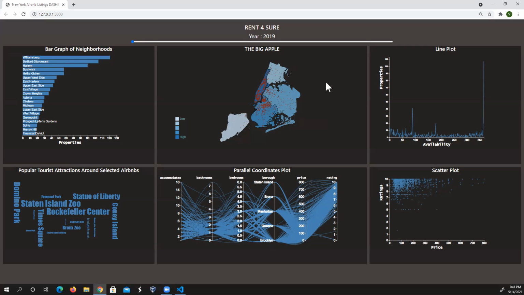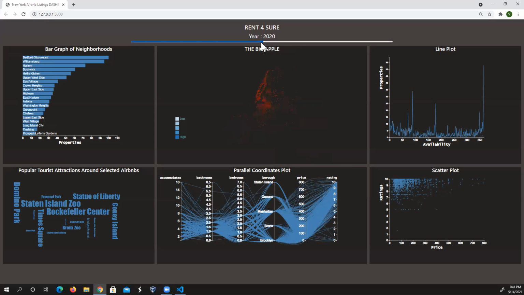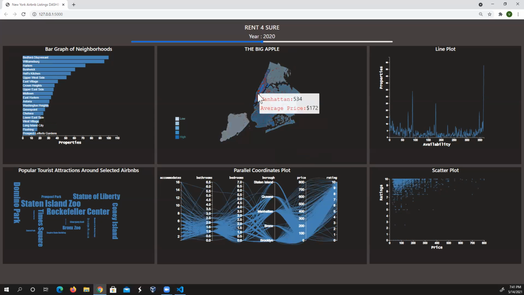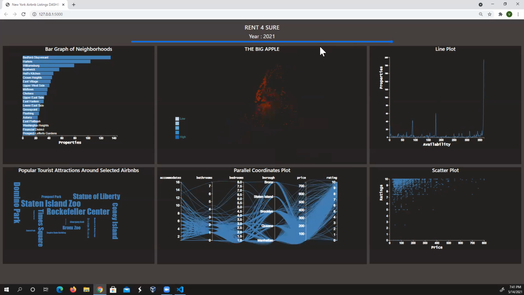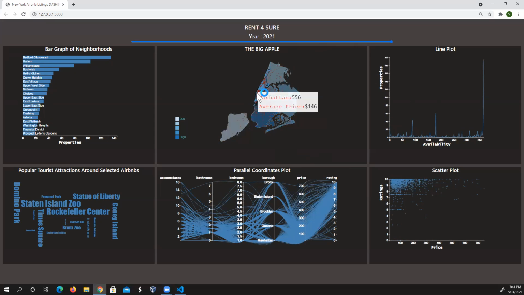As you can see, in 2019, the average price of a property in Manhattan is about 173. In 2020, it was 172. It didn't change much, but this is when Corona happened and the prices got reflected in 2021. And you can see that there has been a significant drop in the average price of a property in Manhattan. So it has gone from 172 to 146.